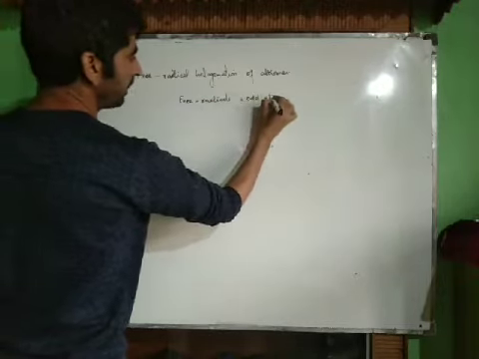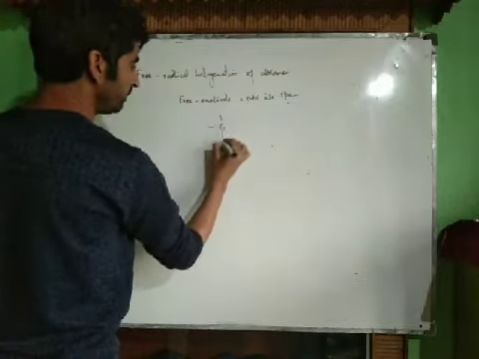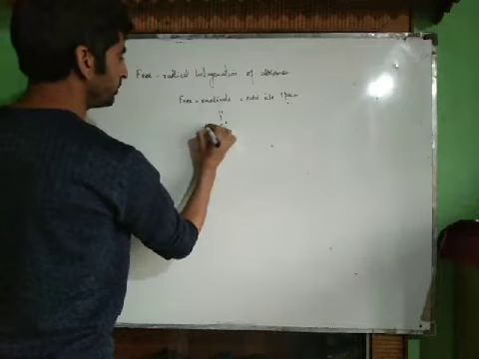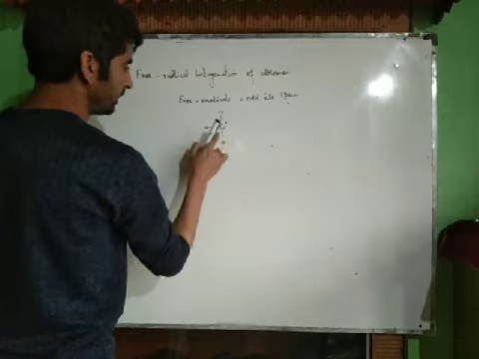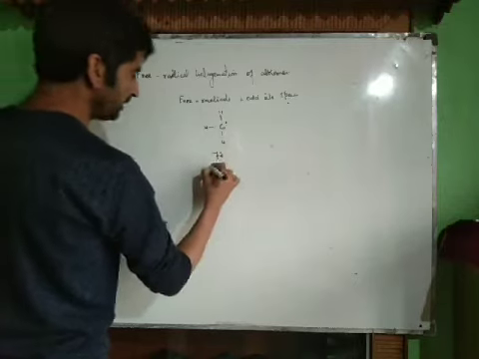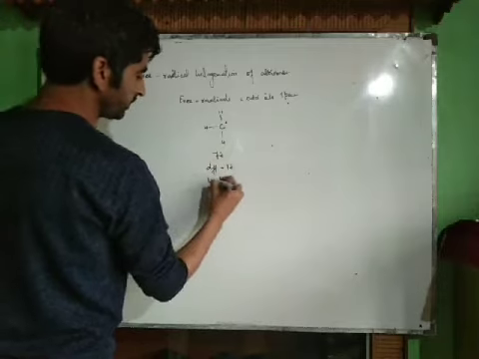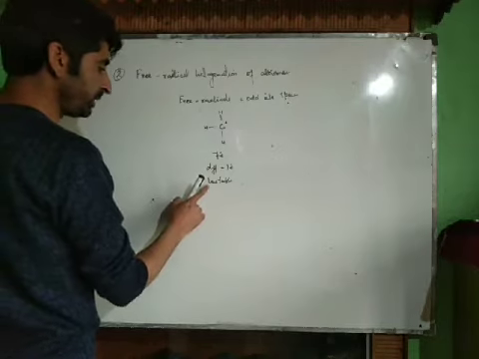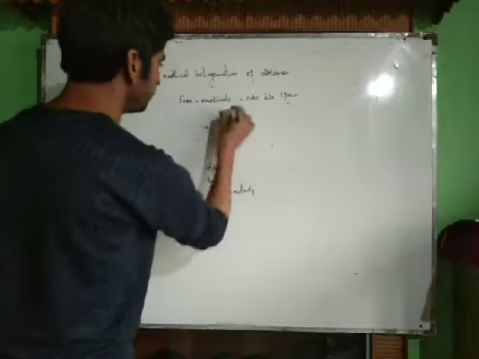For example, we have a carbon with 3 bonds and 1 electron. This is an odd electron species. How many electrons are there in total? Each bond contains 2 electrons, so 6 electrons, plus 1 electron, that is 7 electrons. There should have been 8 electrons, so it is deficient of 1 electron. Therefore it is unstable because it does not have a complete octet. Being unstable, it will be highly reactive, so these are known as reactive intermediates.